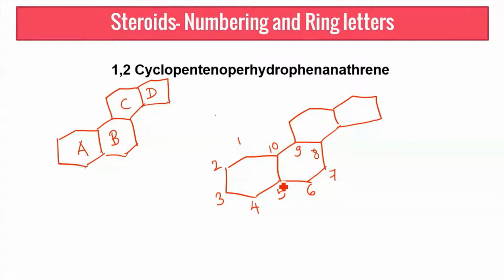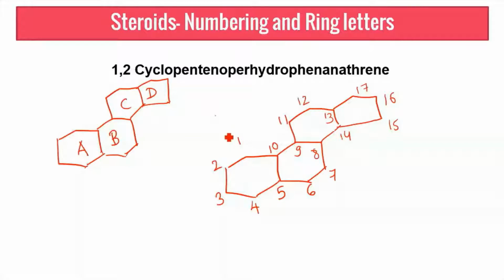Normally, in the case of naphthalene and other aromatic rings, you move to the next ring and then come to the bridging atoms. Here you have to continue. The next ring would be the C ring. The ring is labeled from the next numbering, 11, 12, 13, 14, 15, 16 and 17. So this is the way the numbering goes.